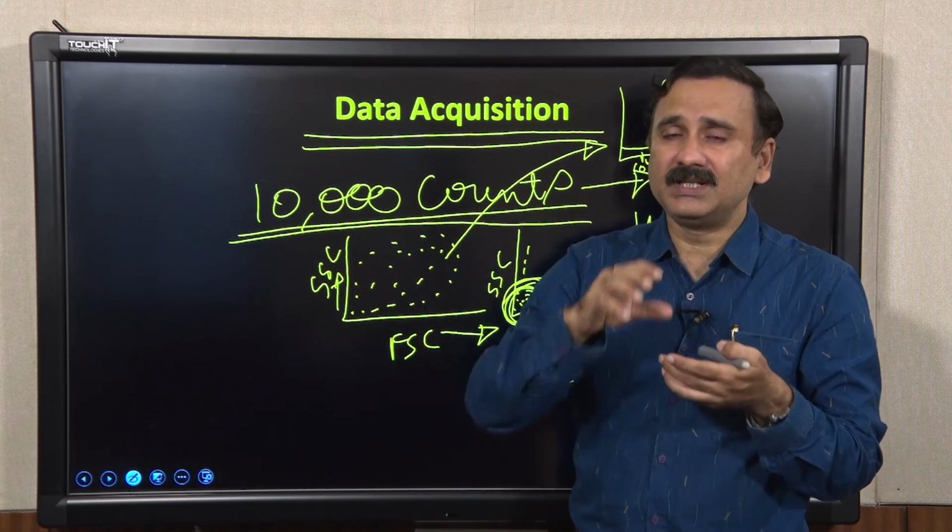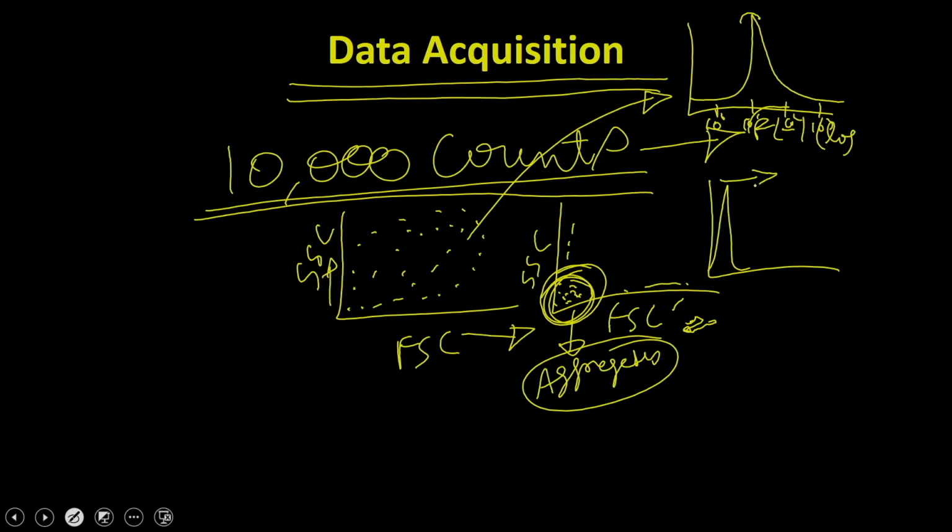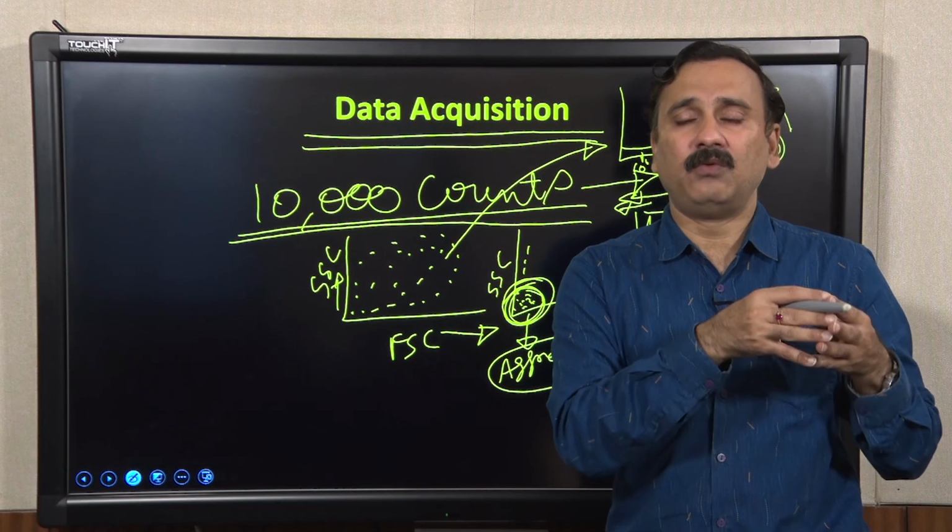Because you can change the current as well as the gain, you can shift these peaks in both directions. For example, if I am using a current of 400, I can just convert it to 700. So, what I have done is just increased the current to 1.5 volts. In that case the peak is going to be shifted onto this side. If I do the reverse, then the peak is going to be shifted in this direction, because everything you see in the flow cytometer is very relative. It is always relative to what you have done for the control cells.